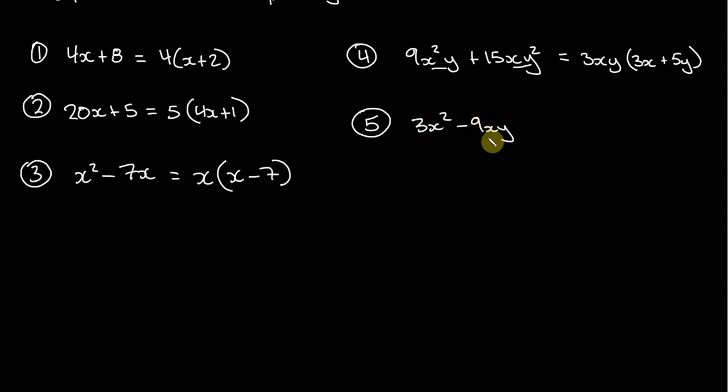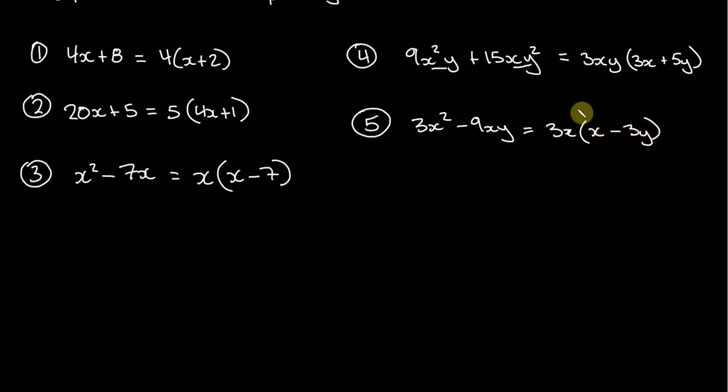And we have 2 x terms. We've got an x squared term, and we've got an x term here. So we know we can factor out an x. We're going to factor out a 3. So what this will equal would be 3x, right? Because we're factoring out an x, and we're factoring out a 3. So 3x, and that's going to leave us with x minus 3y,